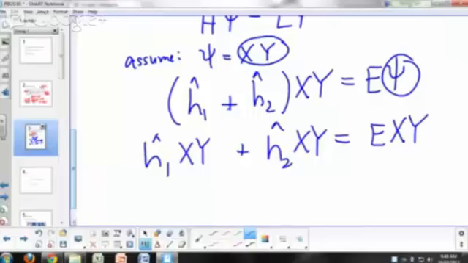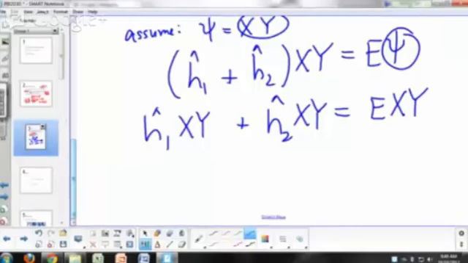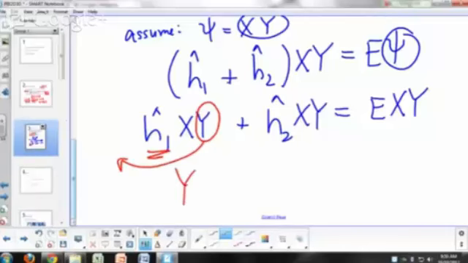All right. Now, remember that our operators are linear operators, right? So H1 is a linear operator affecting only the x variable. So as far as H1 is concerned, this function Y right here is a constant. And what can you do with constants when you apply a linear operator? You can pull it out. So you can say this is going to be equal to Y times H1 hat X